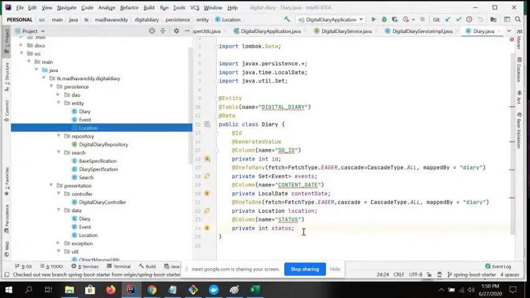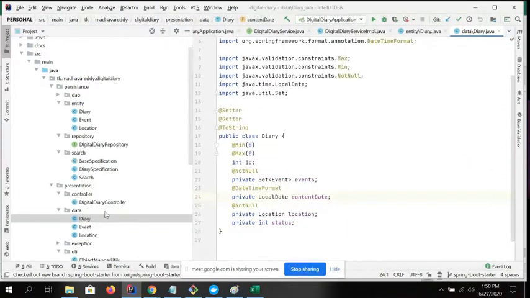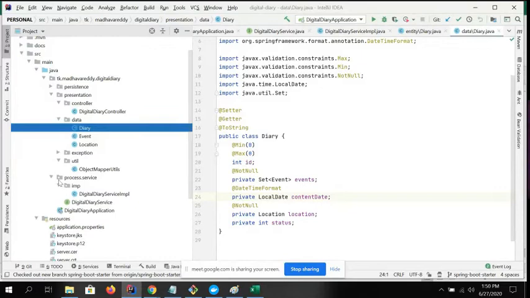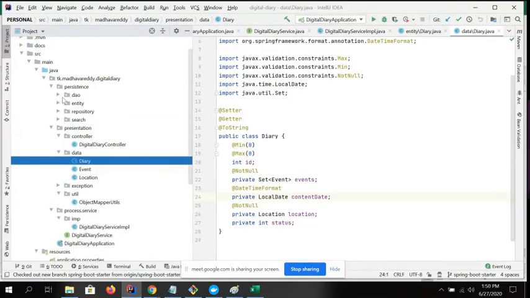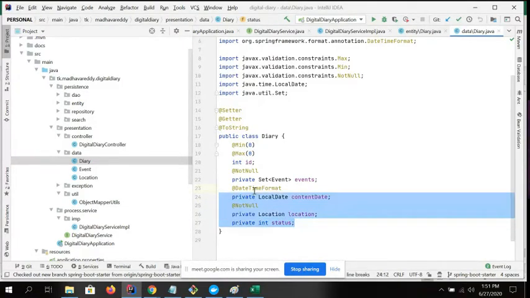Second point I'm going to highlight here: when you specify a relationship, I already covered in the last session more details on how to do this conversion for the presentation layer. If you have any data classes, you can convert them in an easy way with very little code. You have to write similar code for the entity, and if you use the same names, you can map it easily by using model mappers.